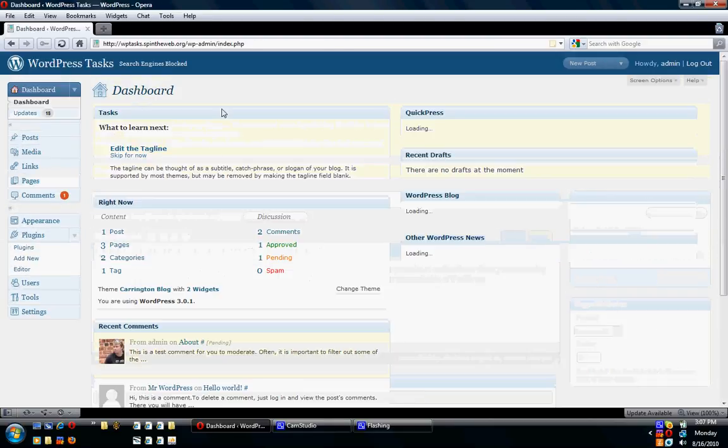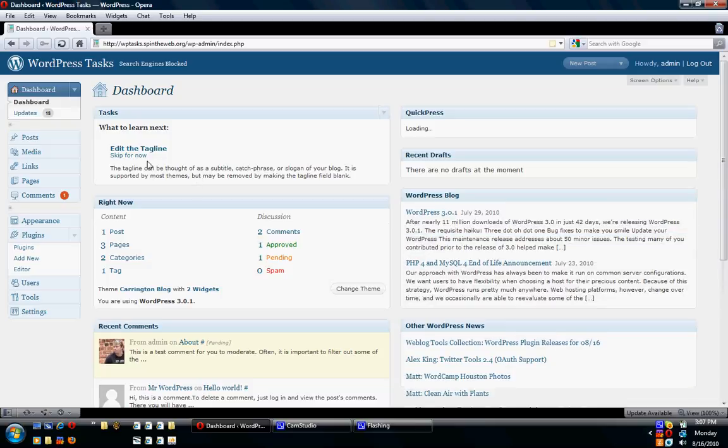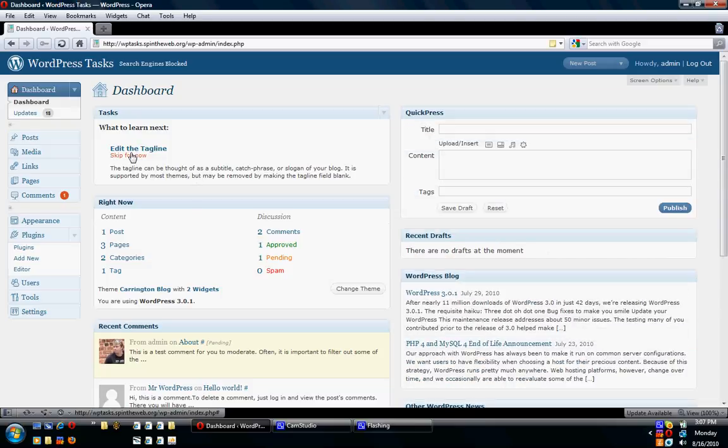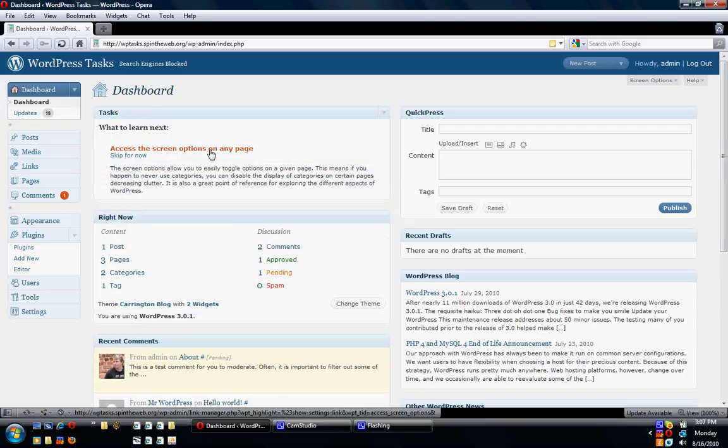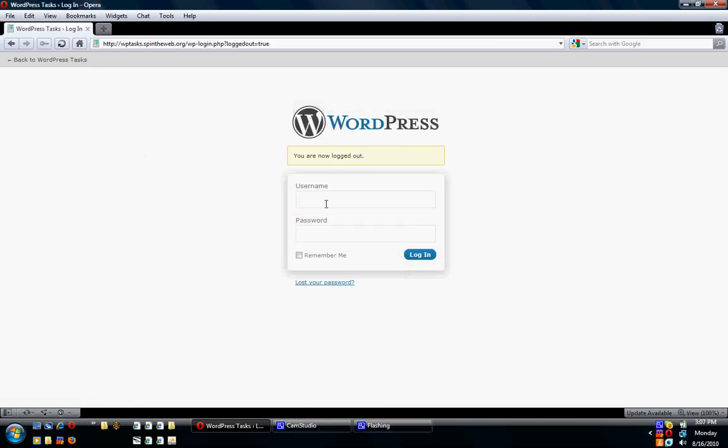And so now let's go back, and now I'm going to show you, if I just hit skip, because I don't really want to do the tagline right now. It'll just sort of pop that away and then come up right with the next one. And so here, I'm actually going to show you another thing that WordPress tasks does, which is sort of neatly segment between users. So the idea is that any user coming on can